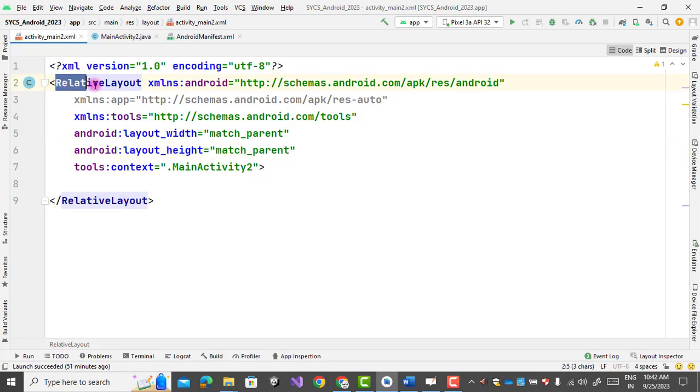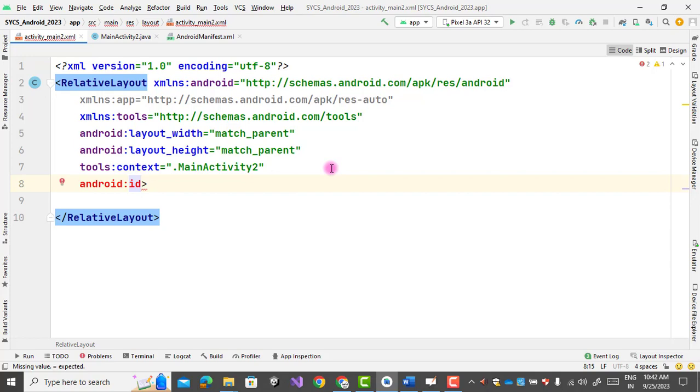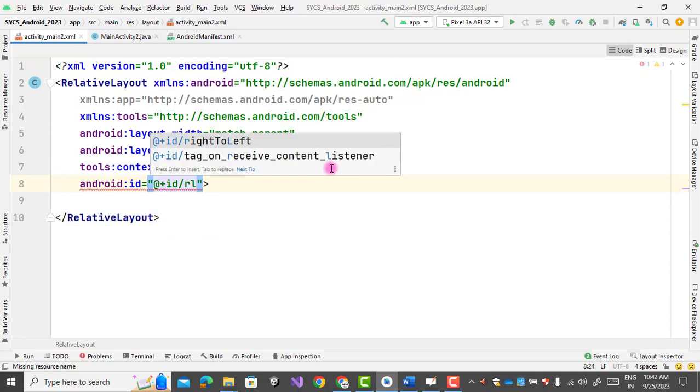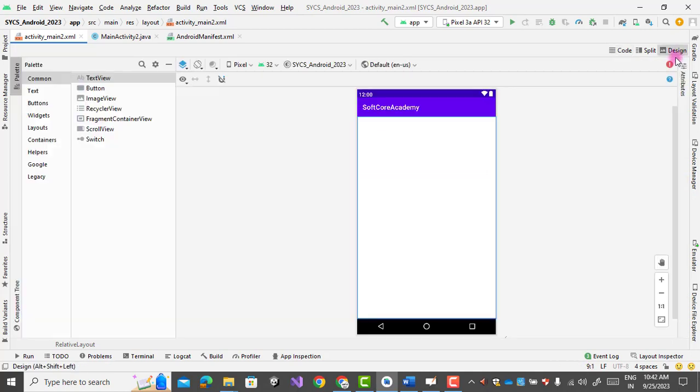So we have to change this layout to relative layout, and we assign the ID to the relative layout, android colon id equals to this one, and I am giving an ID as relative layout RL. So this is my ID of the relative layout. So we have to add this ID in relative layout. So this is the designing part of the on touch listener. We just change the layout and assign the ID to the layout.